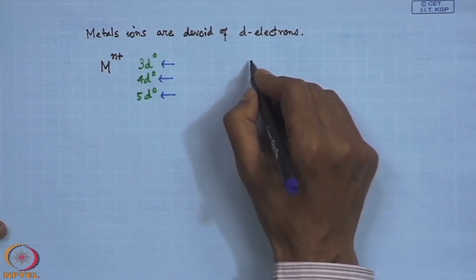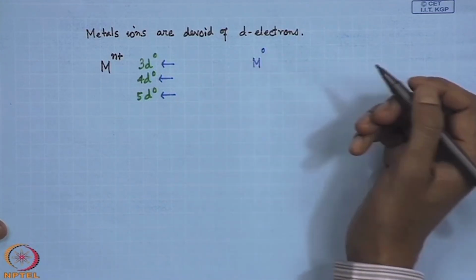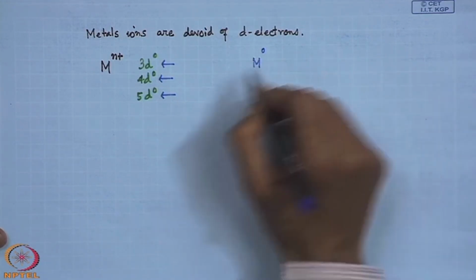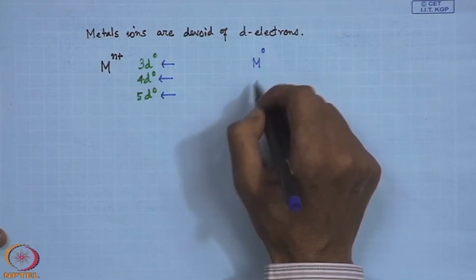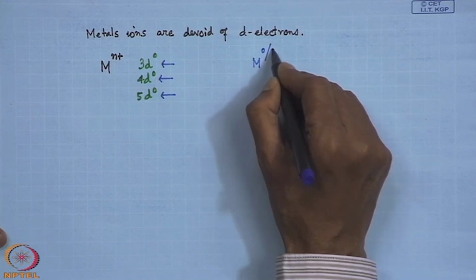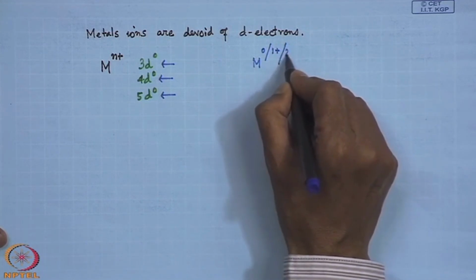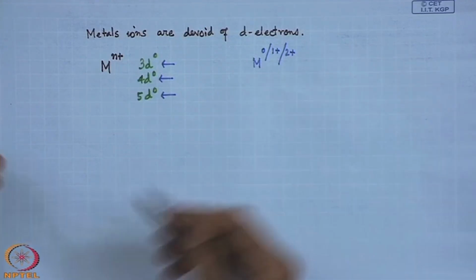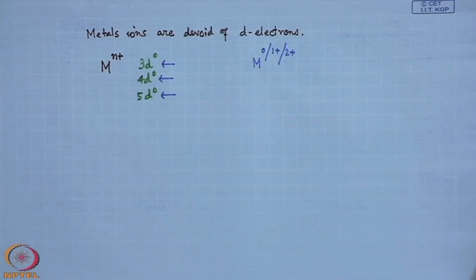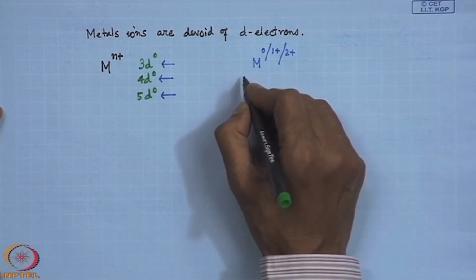But if in another case the metal is in 0 oxidation state, that means the metal has more electrons compared to the manganese or chromium center, or in a low oxidation state, 1 plus or 2 plus, we will consider these metal centers as highly reducing,